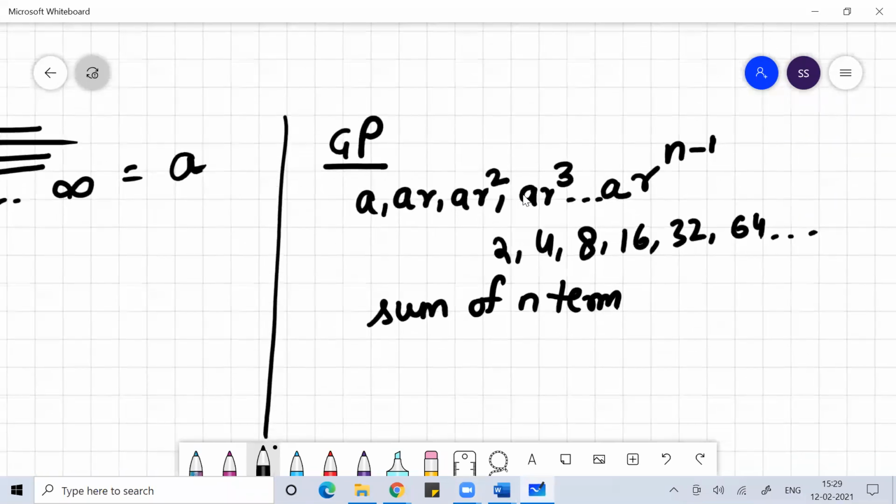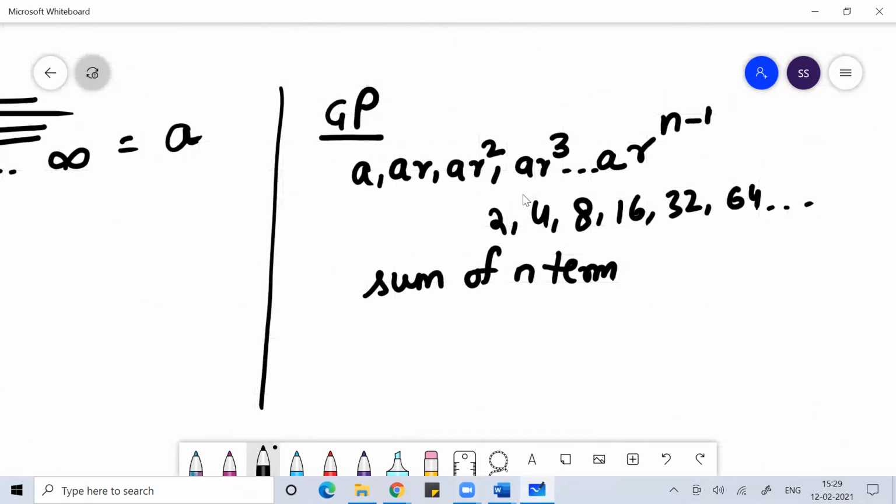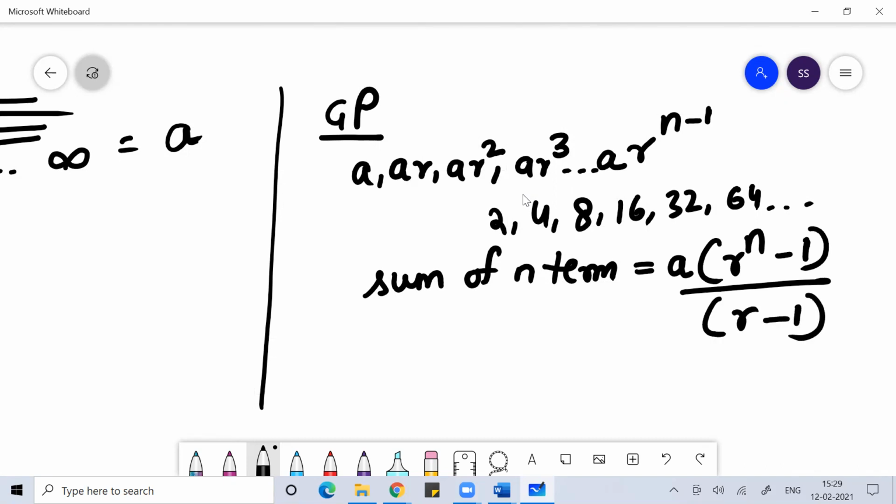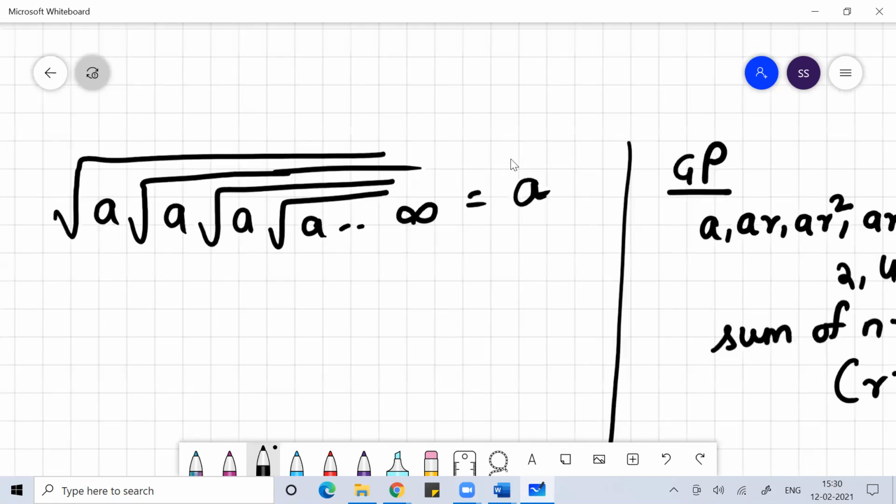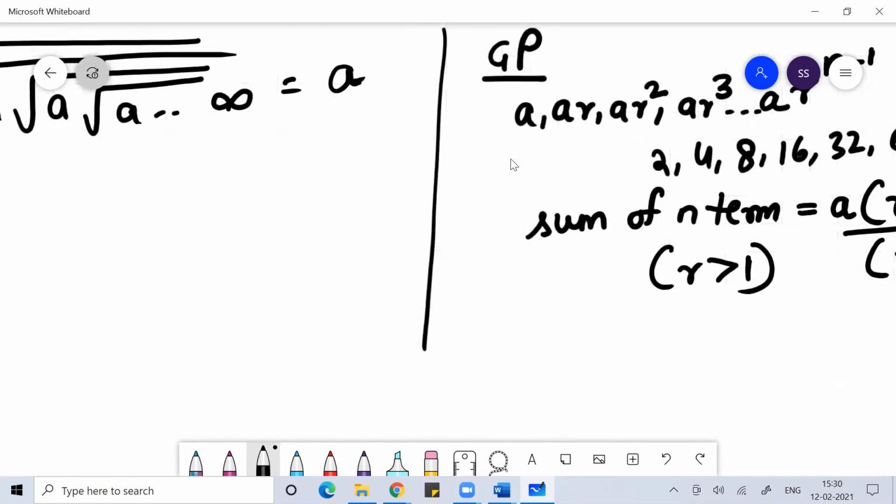Okay, so you should know that when the number increases or decreases with a common ratio, the numbers are said to follow GP, and the sum of n terms in GP is a (r to the power n minus 1) by (r minus 1). This is the formula for the sum of n terms in GP, where the ratio is more than 1. In case you don't know this, I'll take a separate class on GP and try to make you understand. But how this logic came, that needs to be explained with GP.